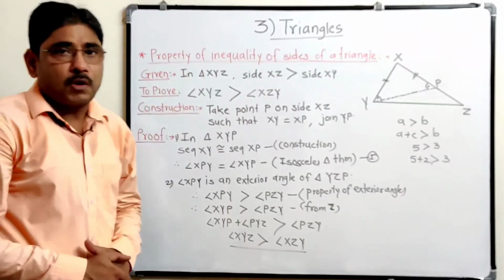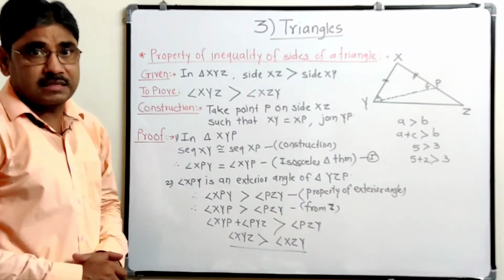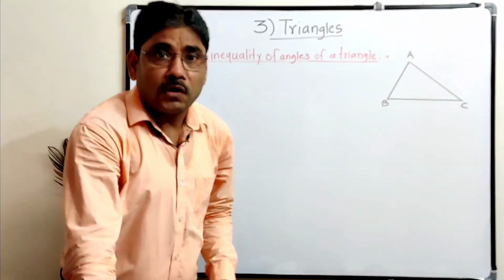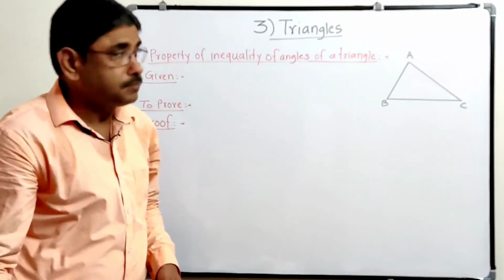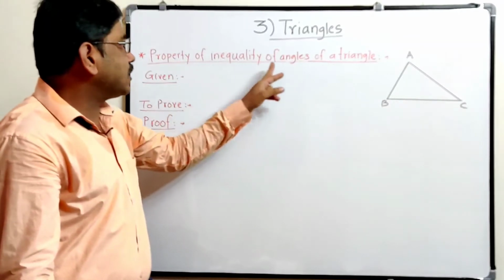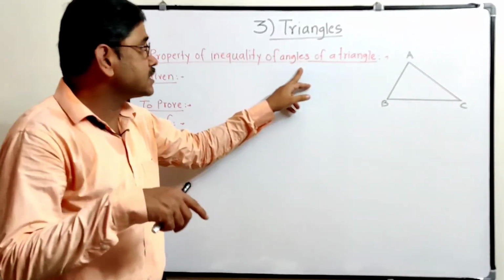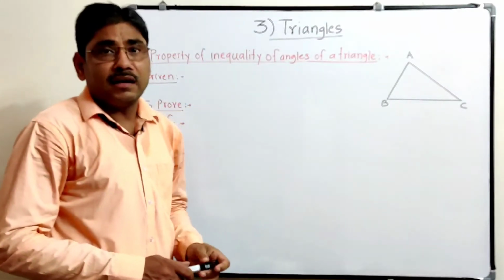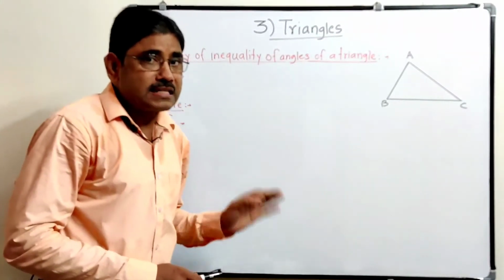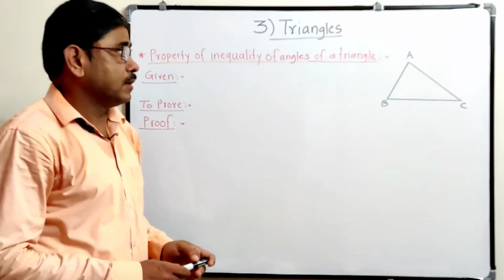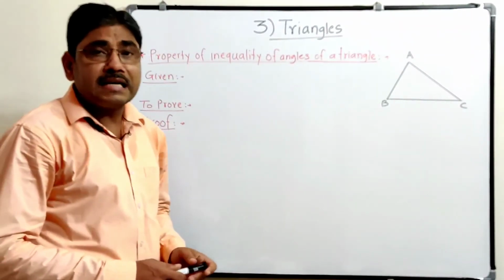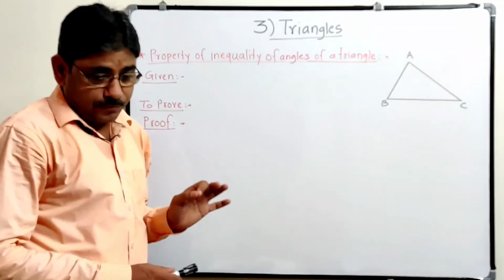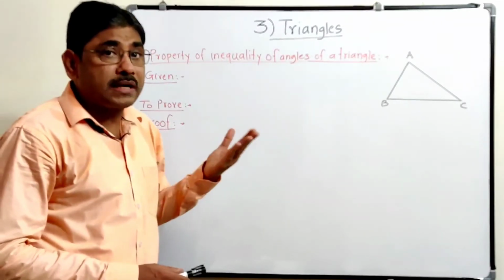So this is the property of inequality of sides. Similarly, the property of inequality of angles is also there. Now let us see one more theorem, which is the property of inequality of angles. We saw the theorem on sides: if two sides are unequal, then the angle opposite to the greater side is greater and the smaller side is smaller. Same thing: if two angles of a triangle are not equal, then the side opposite to the greater angle is greater,